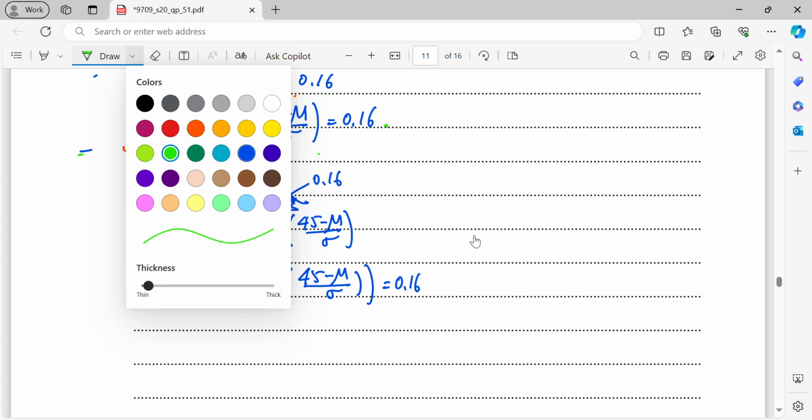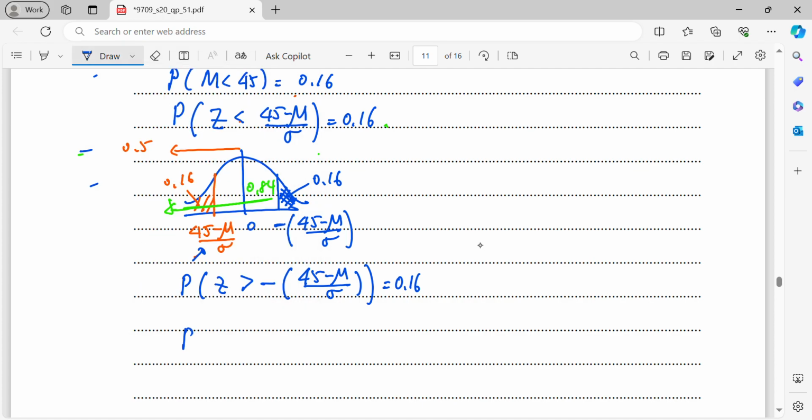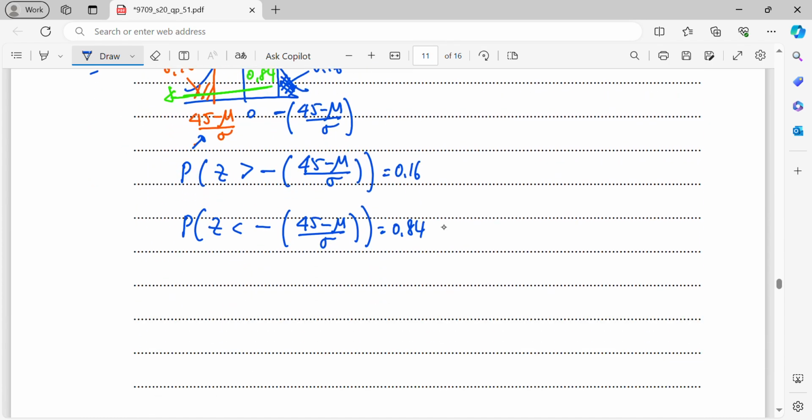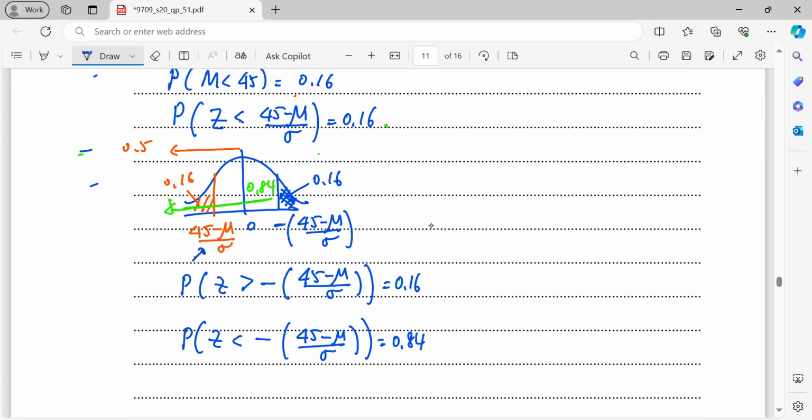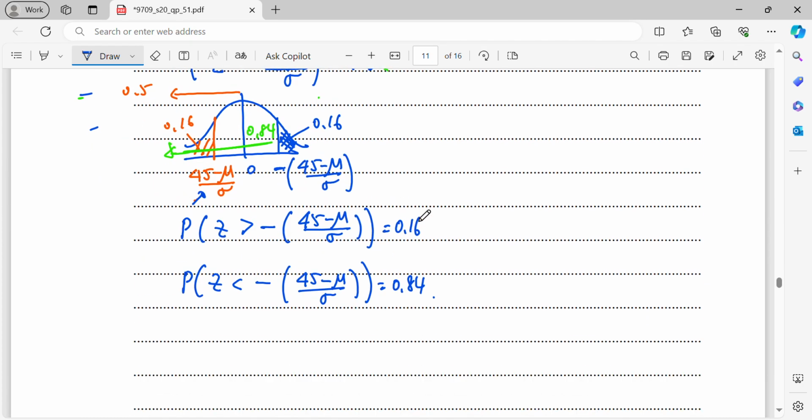Then I will write down one more equation. I will write P(Z less than negative of 45 minus mu over sigma) is basically 0.84. And now I will refer to the table because the line is on the right side, right? And the region is towards the left side already. So now I will just write from the table P(Z less than